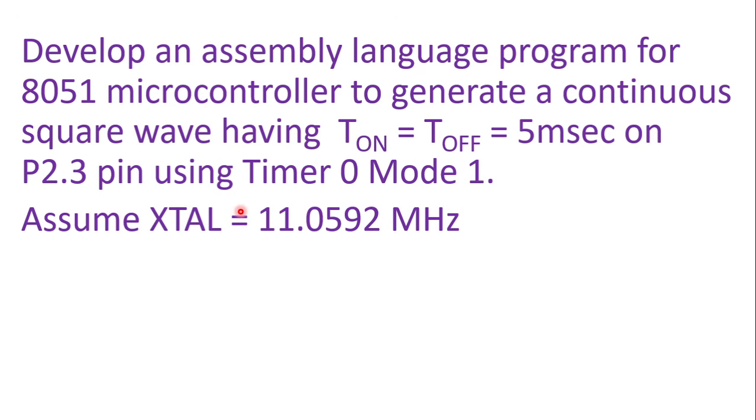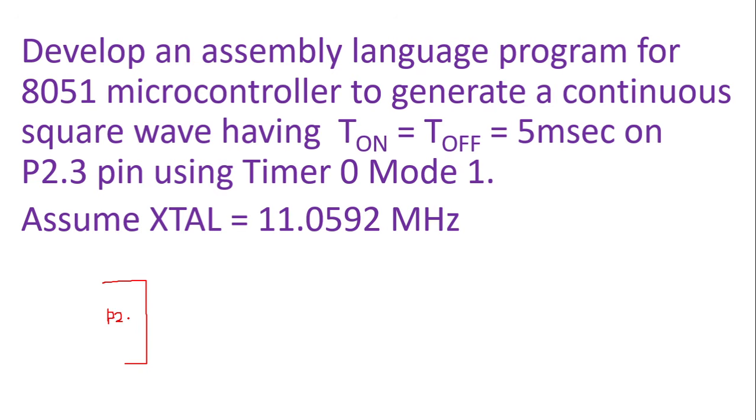It is being asked here to develop an assembly language program for 8051 microcontroller to generate a continuous square wave having T on equals to T off equals to 5 millisecond on P2.3 pin using timer 0 in mode 1. Assume that crystal frequency is equal to 11.0592. It means that one of the port pins of microcontroller is chosen here, which is P2.3 pin, and on